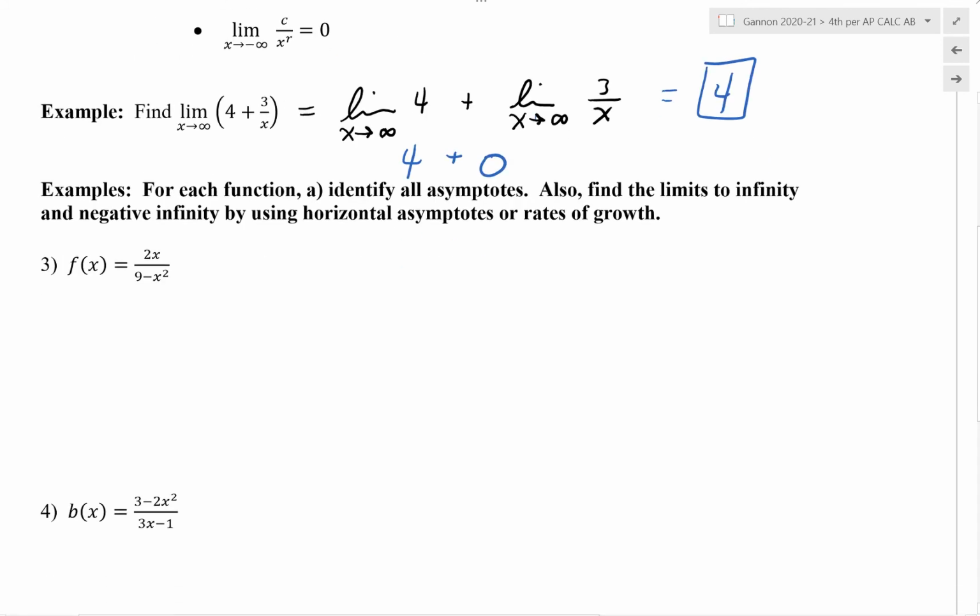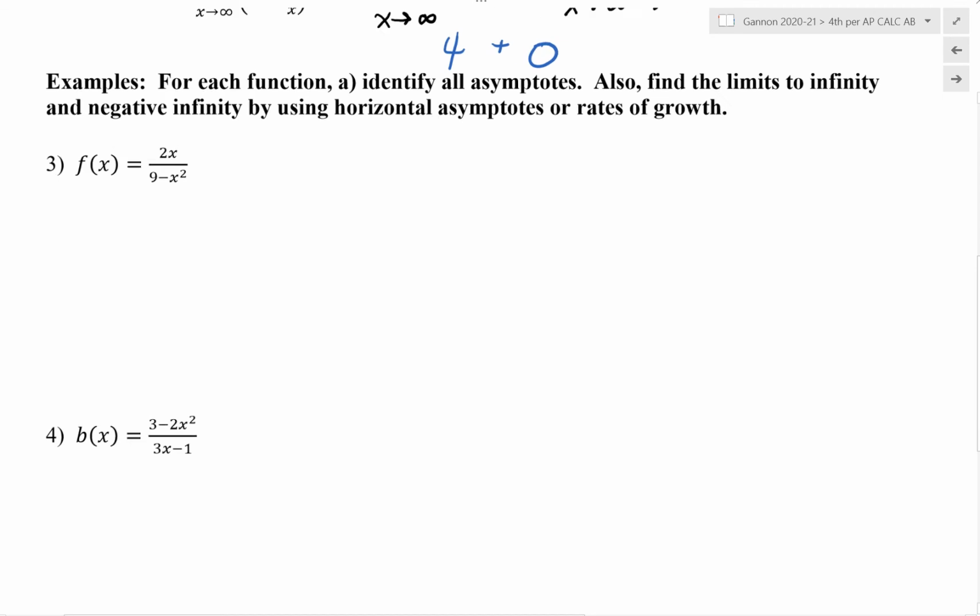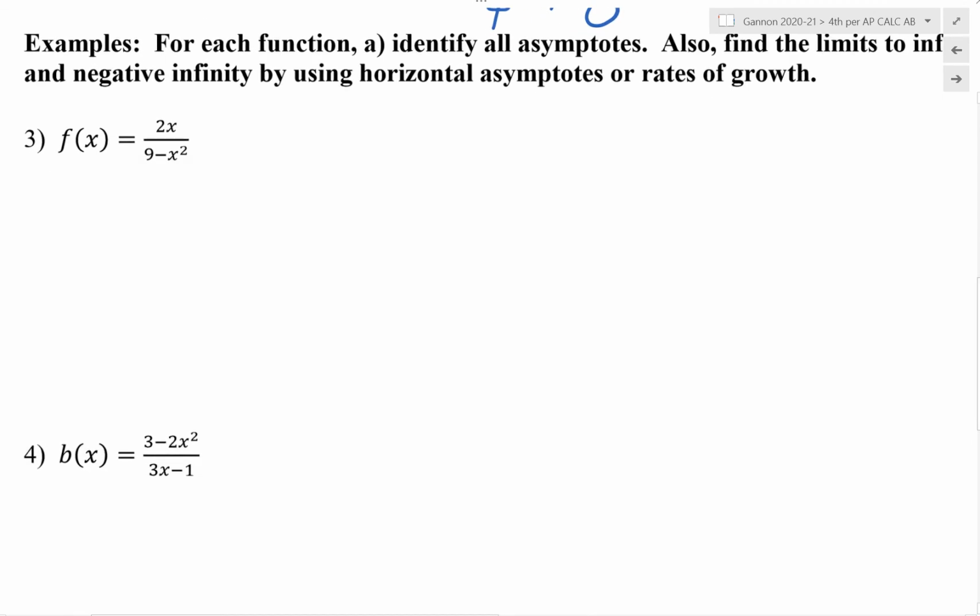All right, let's get into some of the other examples. We want to say for each function, we want to identify all of the asymptotes. We also want to find the limits to infinity and negative infinity using horizontal asymptotes or rates of growth. So if we take a look at example 3, we have what would be considered a rational function. So to identify those vertical asymptotes, we're going to want to factor the numerator and denominator, which